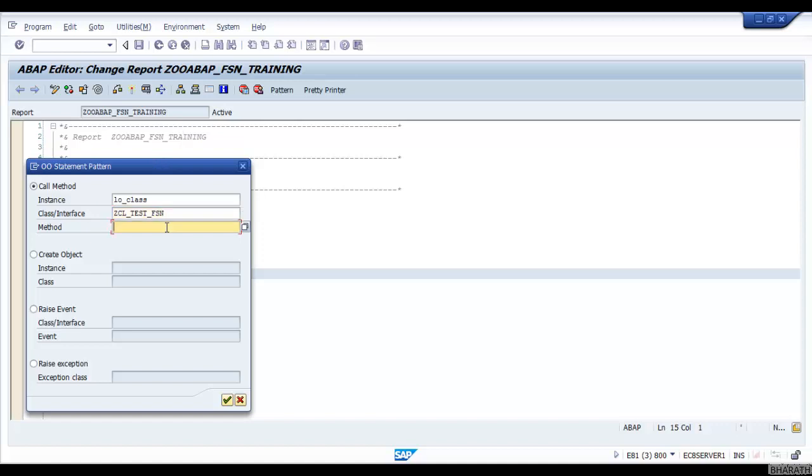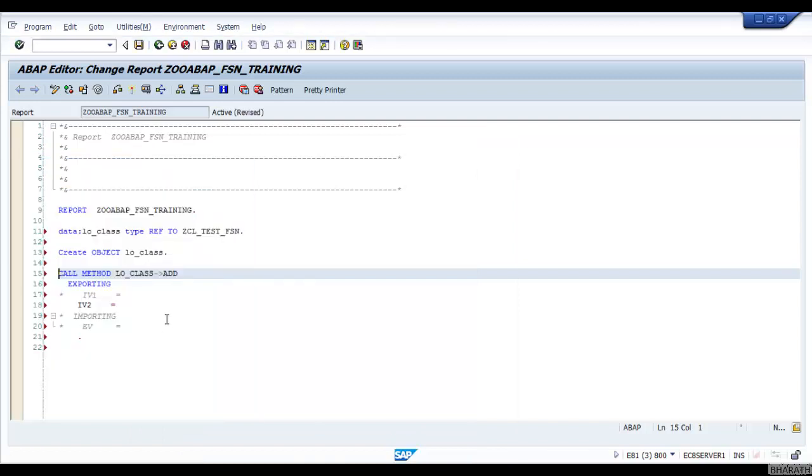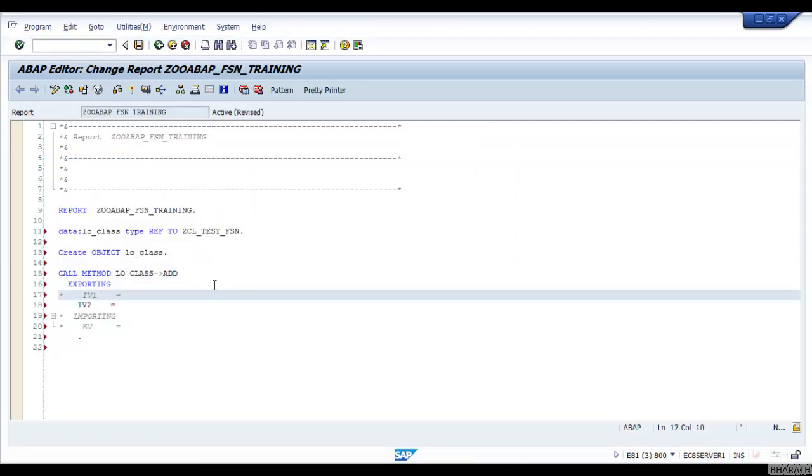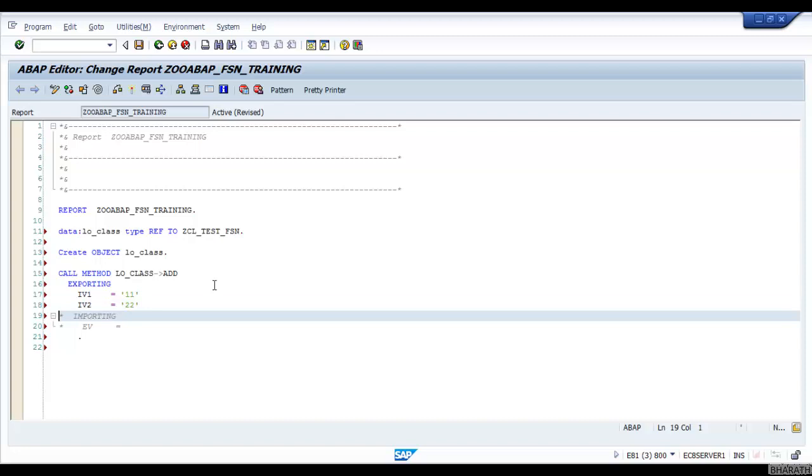And what is the method to be accessed? Add. Okay, now just press OK. Now see, iv1 is equal to say 11. Now say 22, and then